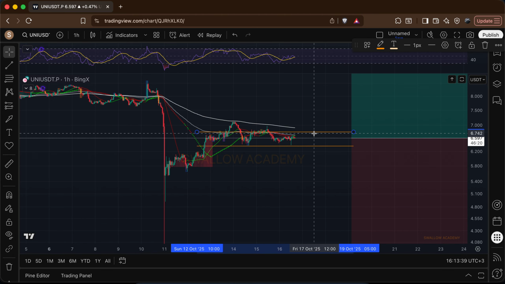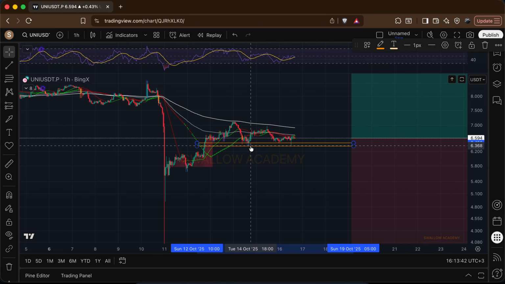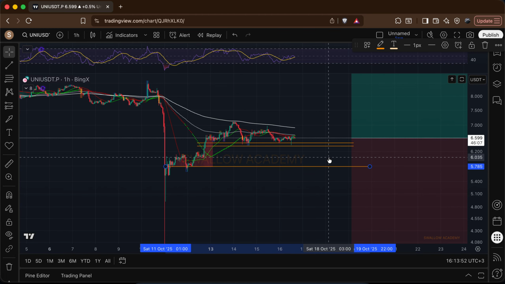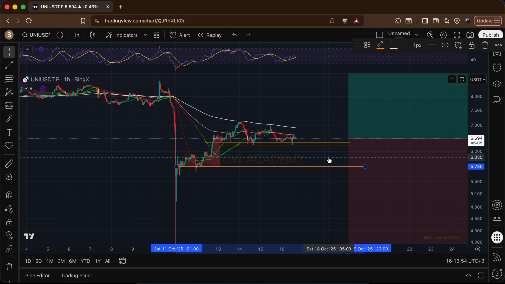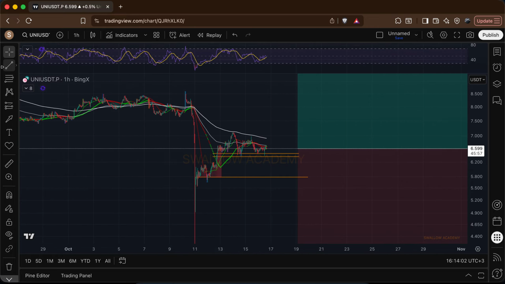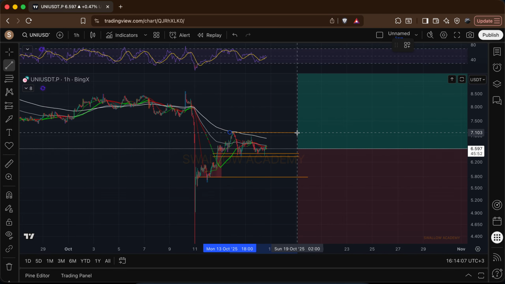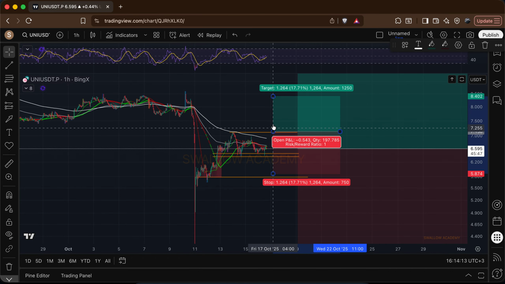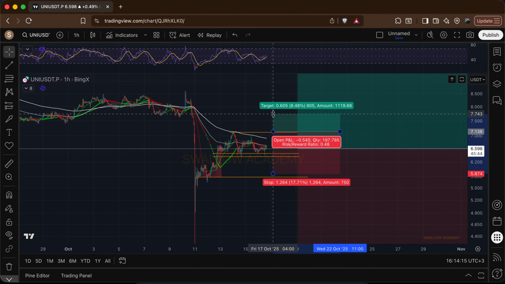So going to mark this area here, which is going to be a local support zone, and also going to mark this CM gap, which most probably we won't fill because usually we just keep the bearish CM gaps when we are in the bull market. And as of now, we are still in the bull markets with the whole crypto market. So what we're going to look for right now is basically similar to other coins. We want to see the breakout structure in this region. As soon as we get the breakout structure, we would go for a long position with first target being somewhere